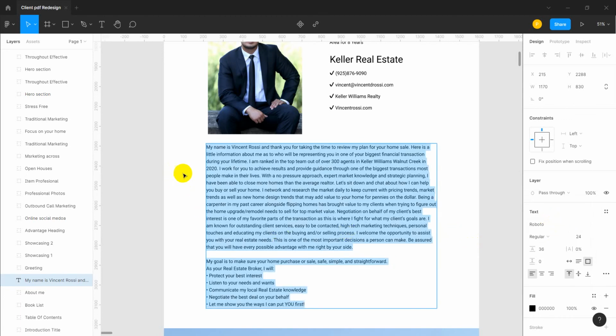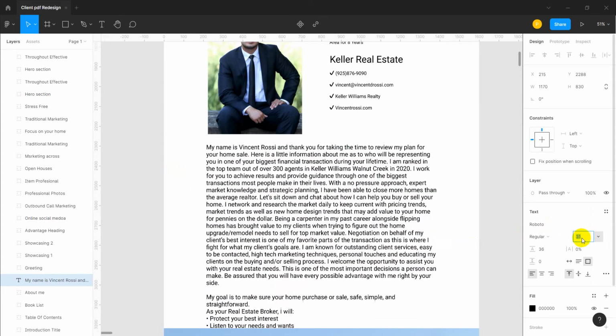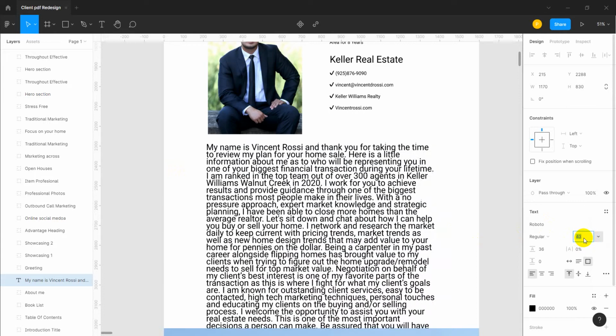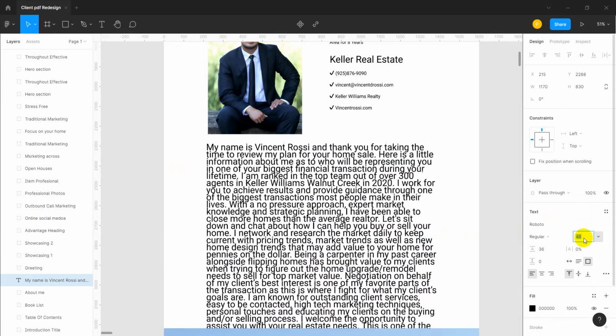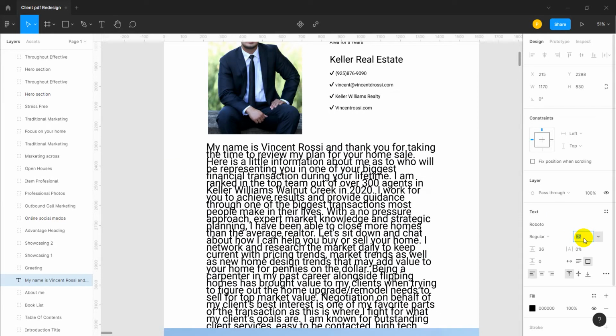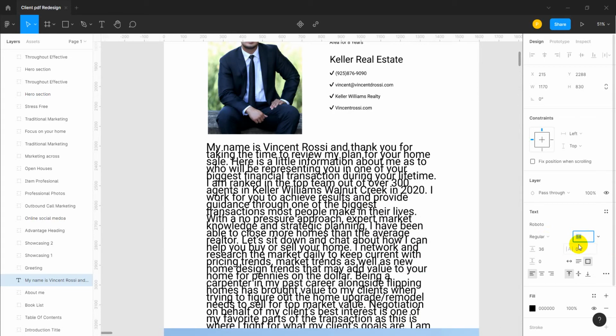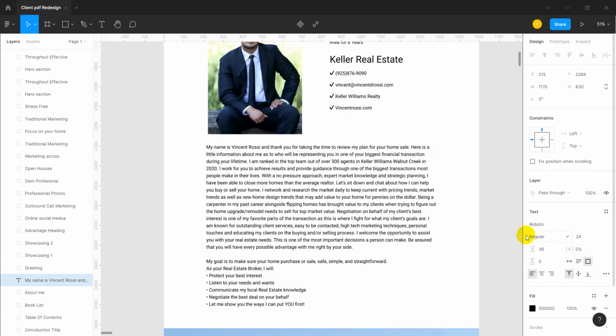And now I want to show you how to make it bigger. Here is the size of the font. You can make it bigger, just click the up arrow icon and you can see it get bigger, more bigger. You can do it by your choice. Okay, I think 24 is good now.